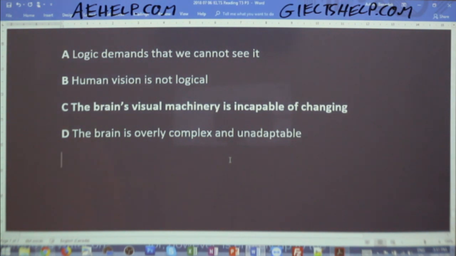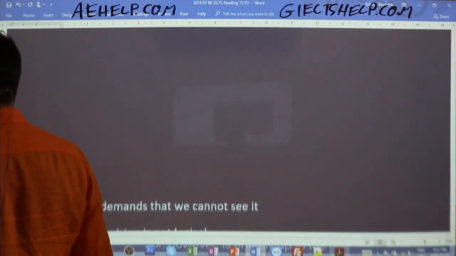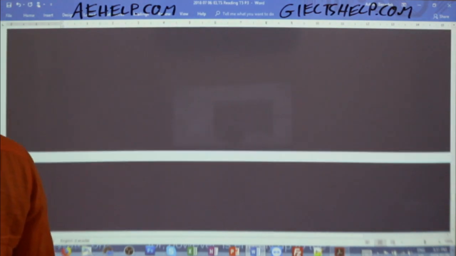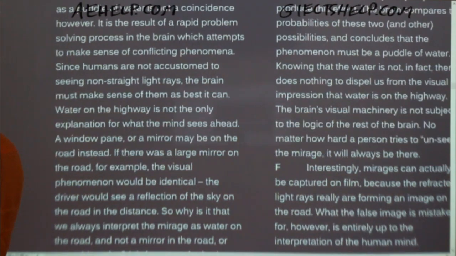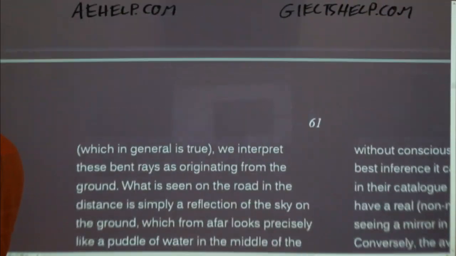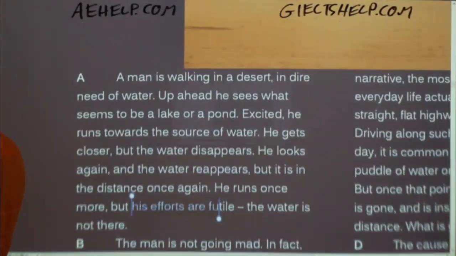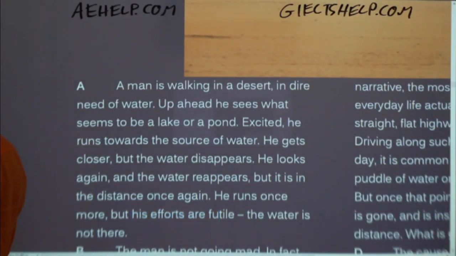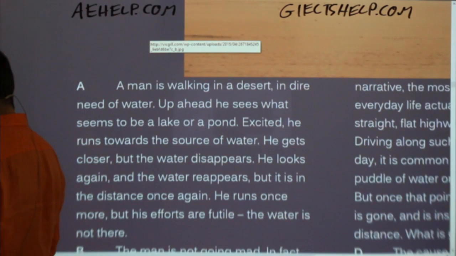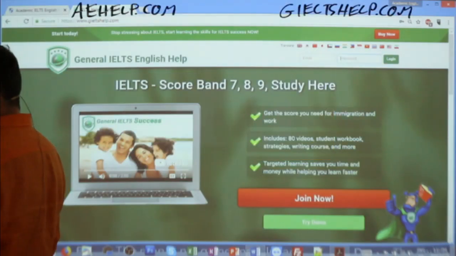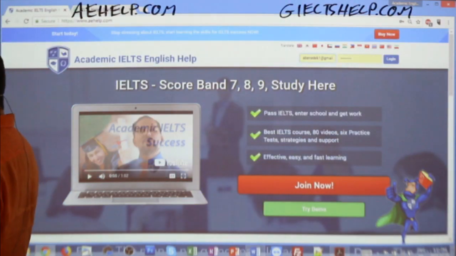Now, as the next step, what I would like to do is build your reading fluency, okay? So we've looked at strategy for list of headings. We've looked at strategy for multiple choice. Now, let's do a little bit of building your reading fluency. We're going to read this passage one more time. And this time, I'm going to play the audio from our website. So just read with the